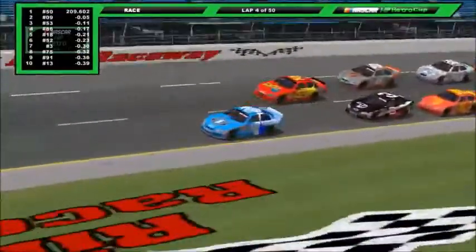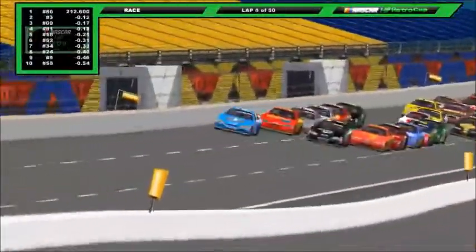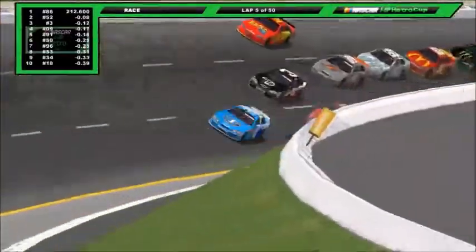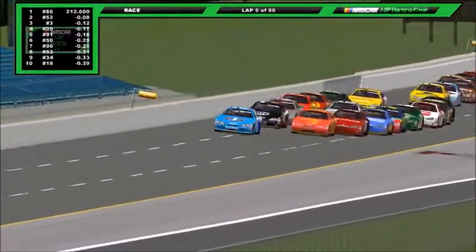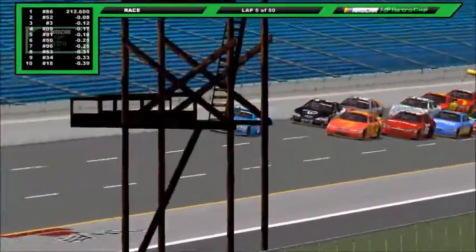Josh Drake to the point with help from Duke Anzac in the 3 and Nick Ortiz in the 91. As Ortiz gets a little bit out of shape with Anzac, but it looks like they're going to sort things out just fine as Drake starts to pull away a little bit. Bit risky to pull away, but it's well worth being at the front of the field if you can dodge everything. Yeah, definitely. One of the best places to be at this track, especially not being...